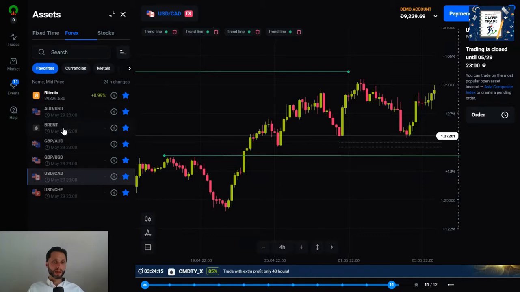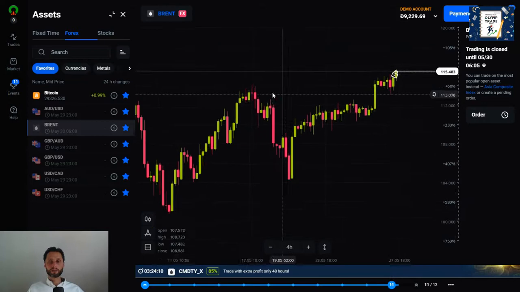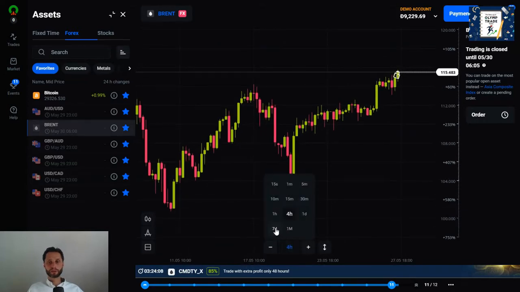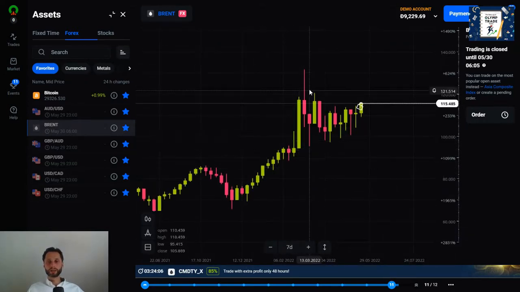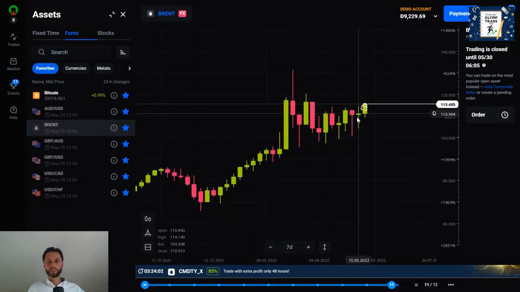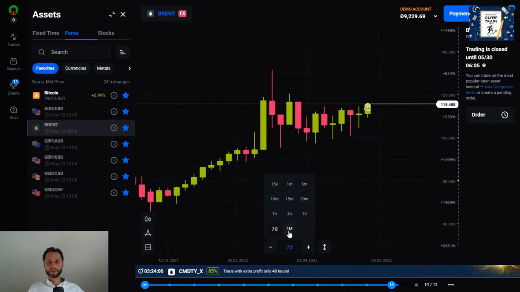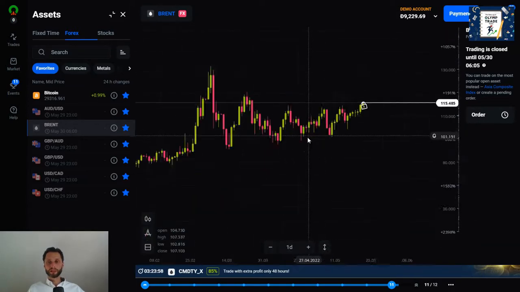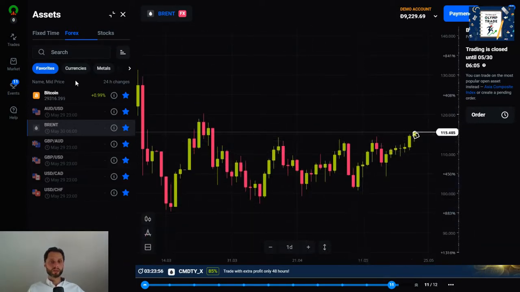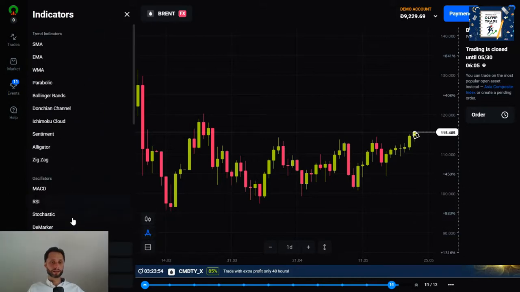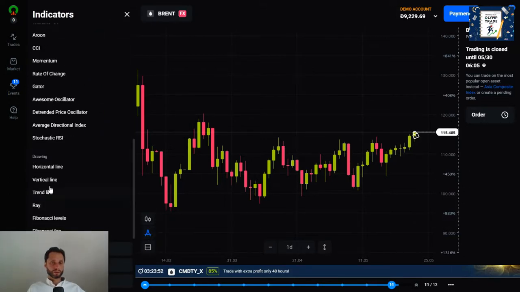Now I'm going to look at oil. And the reason I'm looking at oil is because we have had a very clear trend here. We've got these higher highs, higher lows, and the market is creeping up higher and higher. If I look on the daily chart, again, we're breaking new highs. So I am looking at, if it wasn't obvious already,